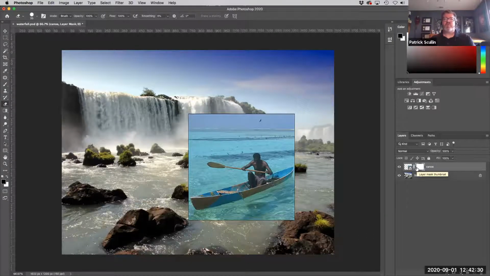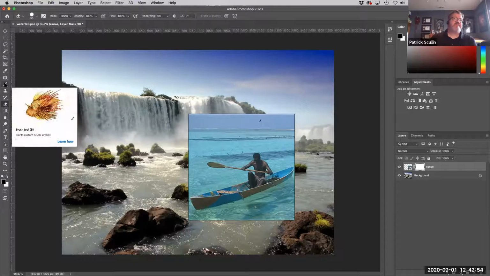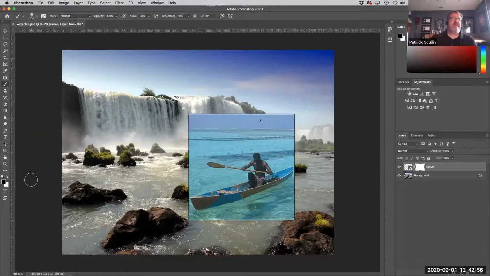So the way this works is a layer mask by default is colored white. And just try to remember that when it's colored white, that means everything on the layer is visible. When you paint with black, or color a portion of that mask in black, that hides what's on the layer. So let's try this out. If I take my paintbrush and my foreground color is black, and I come over here and I just paint with my mouse, just paint directly